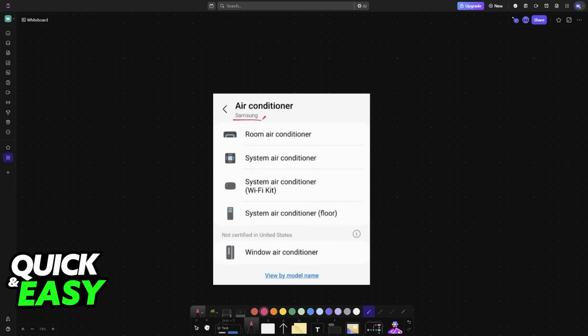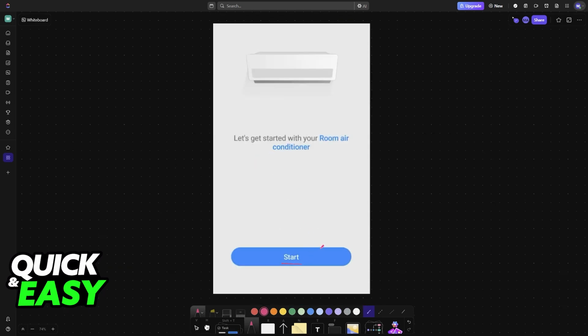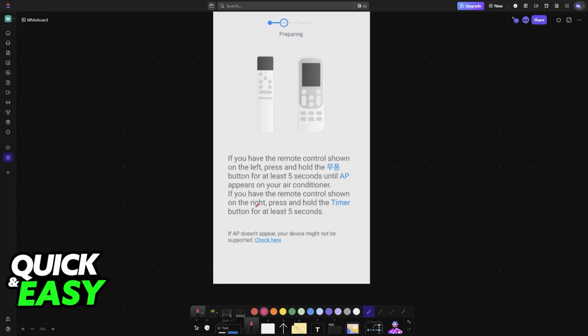Once you select air conditioner Samsung, you have to choose the particular type. So room air conditioner, system air conditioner, system air conditioner Wi-Fi kit, and then system air conditioner floor. Choose whichever one you want to use. Once you select it, you will be guided through the process, so tap start, and usually they are going to